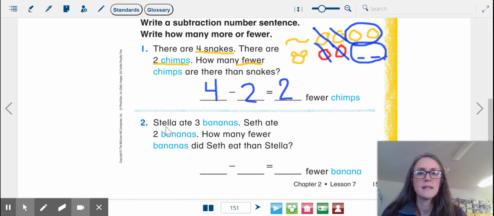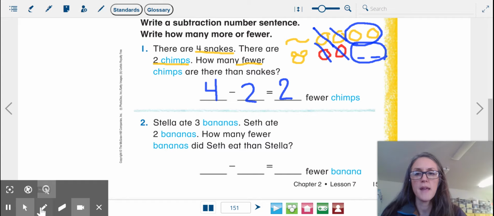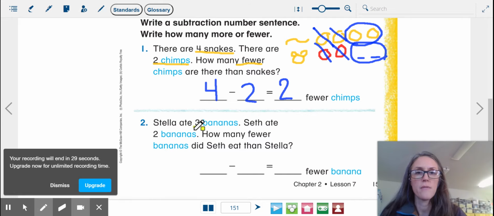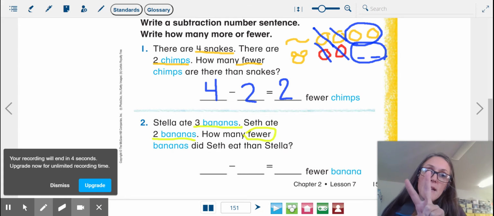It says, Stella ate 3 bananas. That's important information, so let's go ahead and circle or underline it. 3 bananas. This video is going to have a part 2. It's going to end in a minute, and there'll be another part for you to watch. Seth ate 2 bananas. Okay. How many fewer, so we're looking for fewer, how many fewer bananas did Seth eat than Stella? And when I come back in the second video, I will go ahead and